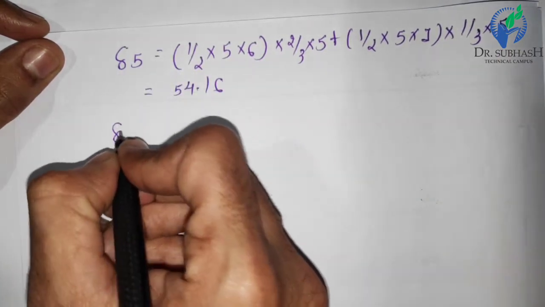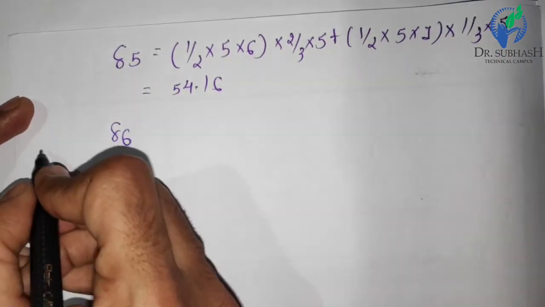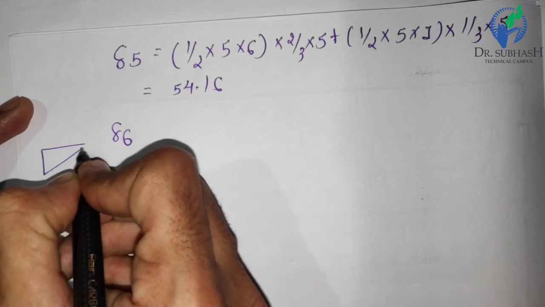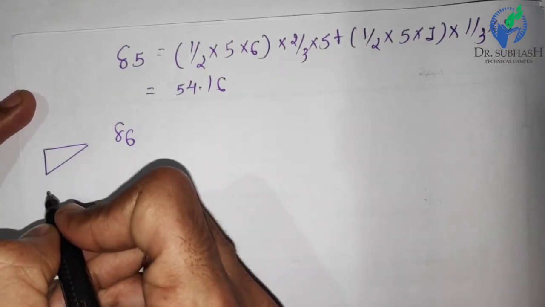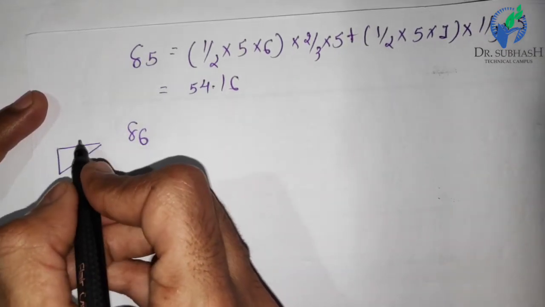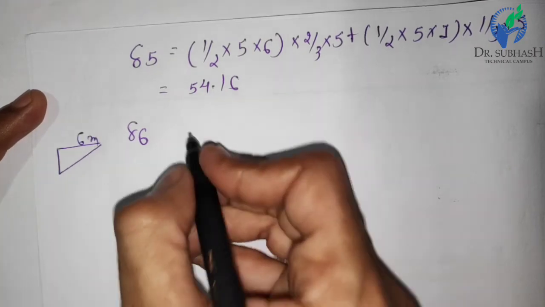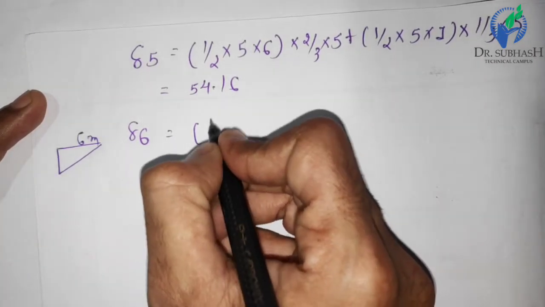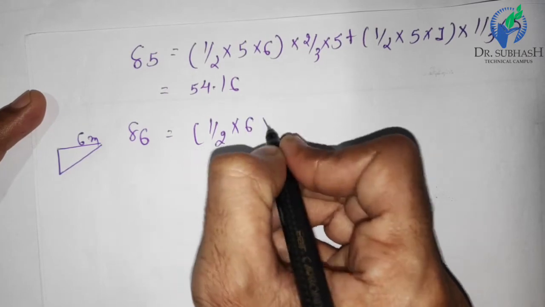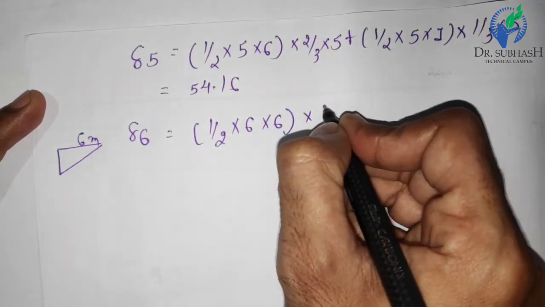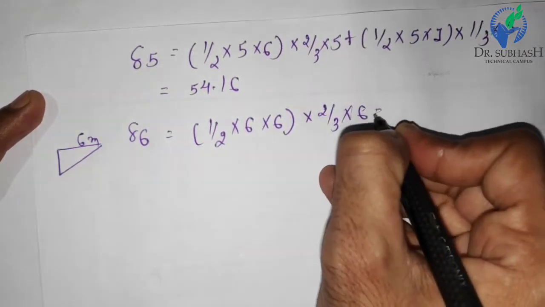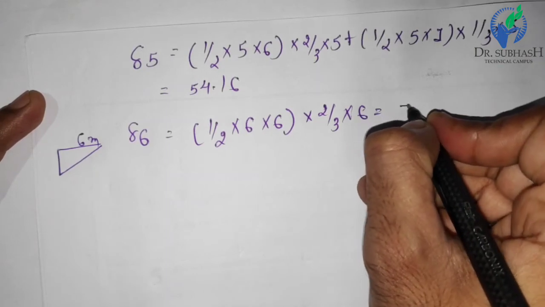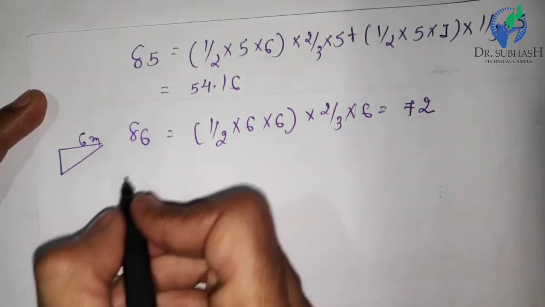Now delta 6. So delta 6 is a whole triangle of that. There are no separately two triangle. So उसका बेस रहेगा 6 मीटर. So उसका इक्वेशन क्या आएगा? 1/2 into 6 into 6 और उसका CG आएगा 2/3 into 6. उसके कंपेयर में दूसरा CG नहीं आएगा, तो वो मिलेगा आपको मैक्सिमम 62.